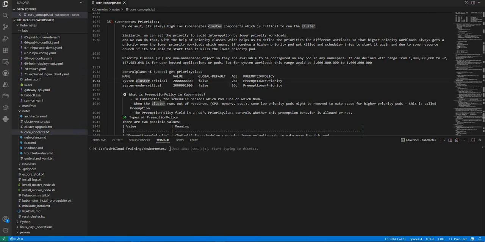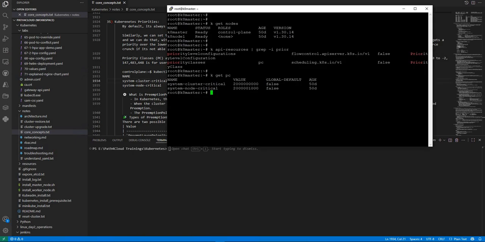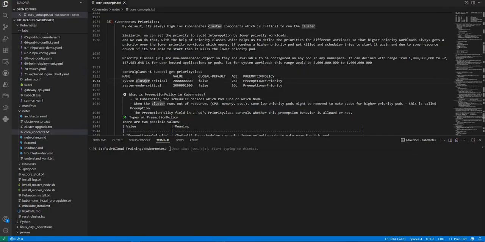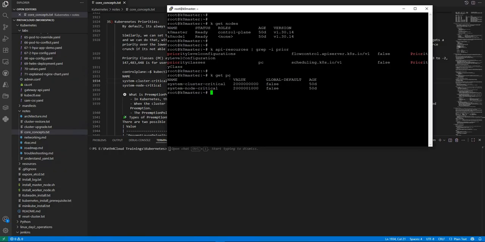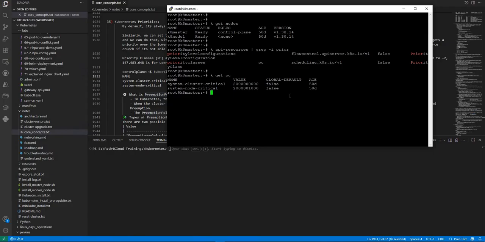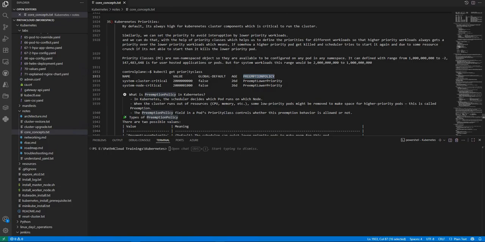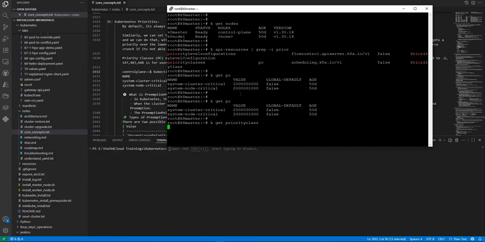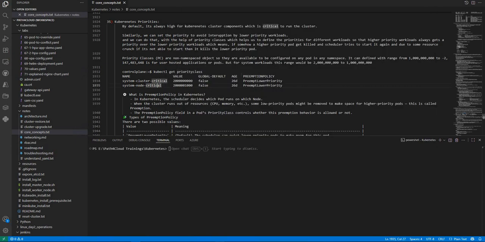Now, when you run this, there is one thing that you can see. As of now it is not showing, but here you can see kubectl get pc, the preemption policy, right? It should show. That's strange. That doesn't make any difference, but still, yeah, not sure. But let's see, when we define our own priority class, then maybe it will show you the